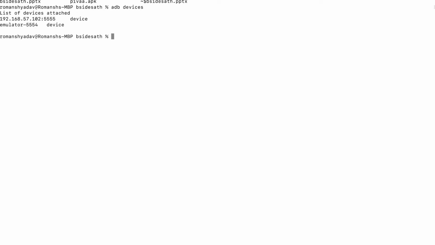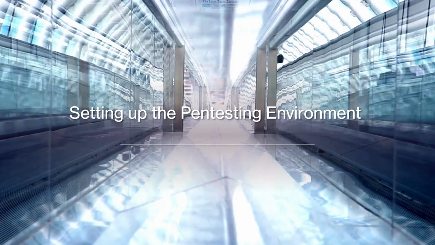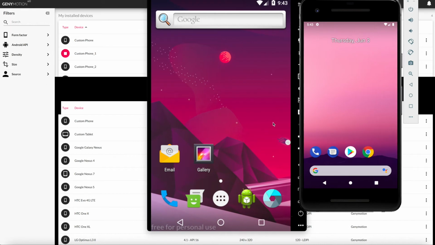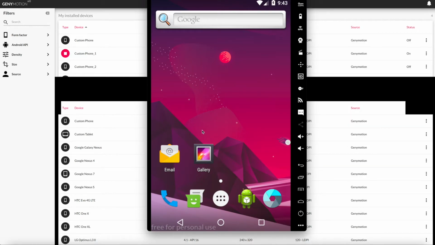Now I am going to install it. We can install it in any emulator. Okay, let me, we don't need to install the file in this emulator, Android one. I will,